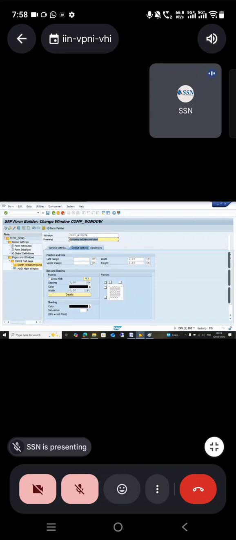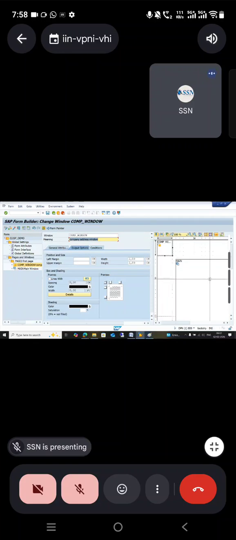So left margin, upper margin, height of the window, width of the window. Here, if I'm giving values, it is difficult. There I saw the layout. Here also, if I see the layout, I can design easily. How to get the layout? Just click on Form Painter. It will show you the layout. Okay. You can select it,